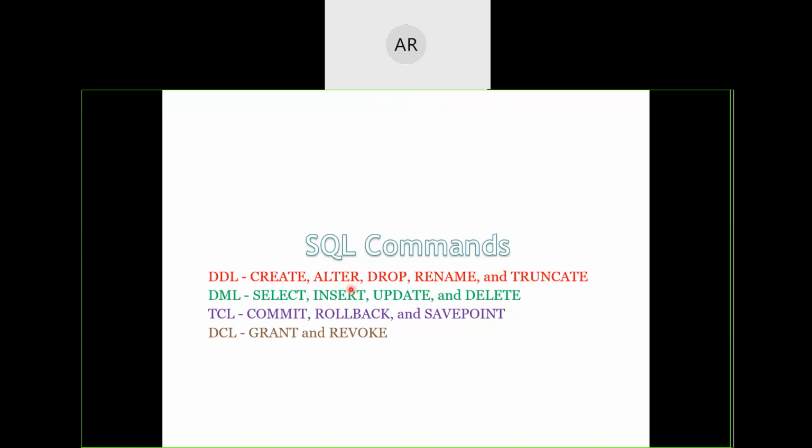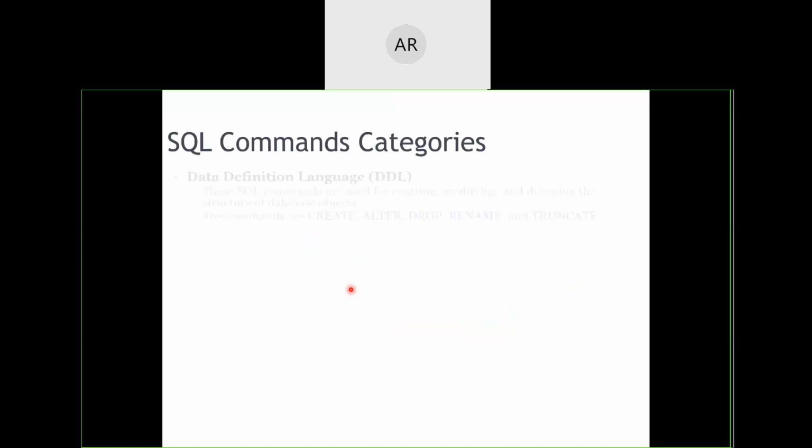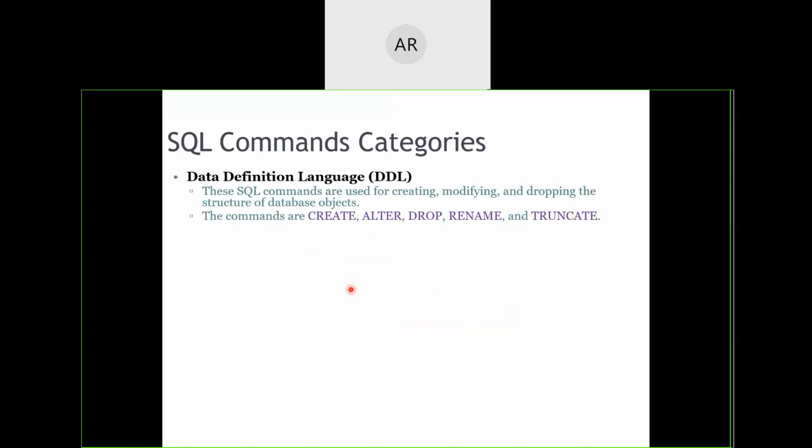Okay, fine. So let's get into the commands one after the other. The command categories are based on what type of command they are. If a command is used to create or alter a particular schema, or to completely remove that schema, called dropping of schema, then that command is called a DDL command. For example, create is one command which creates a new schema for us.